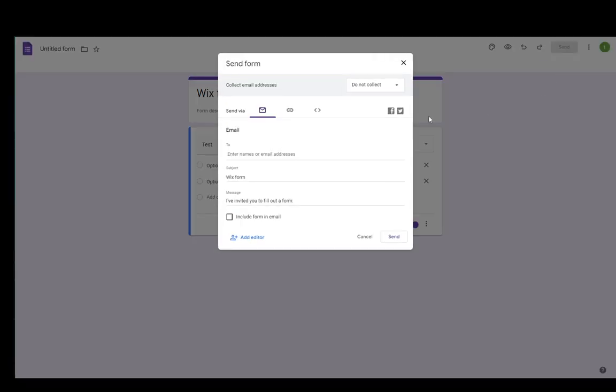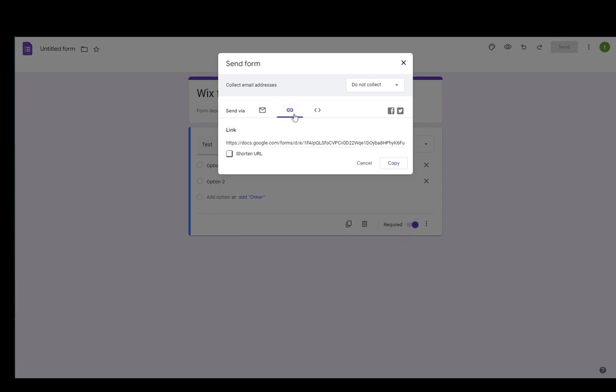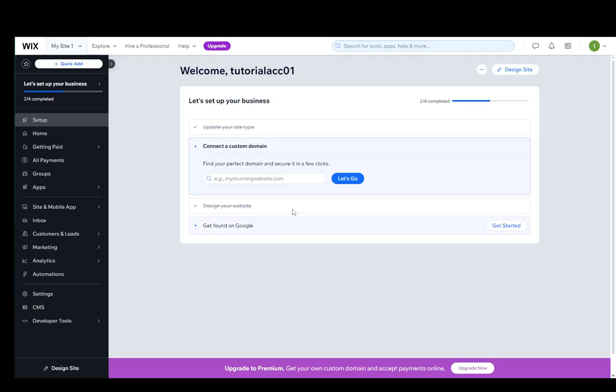What you're going to want to do is go to Send first, go to the second icon, which is the link, then copy the link. You can shorten the URL if you want to as well, for example, like so, and just copy that link and then go over to Wix, enter your website editor, and once you edit it through your dashboard, you'll get